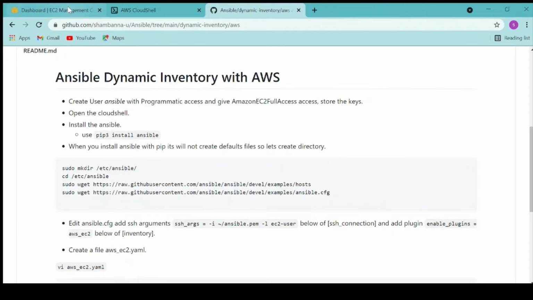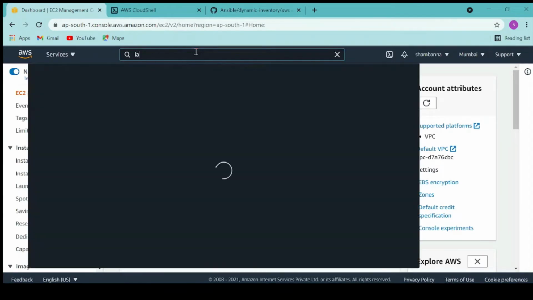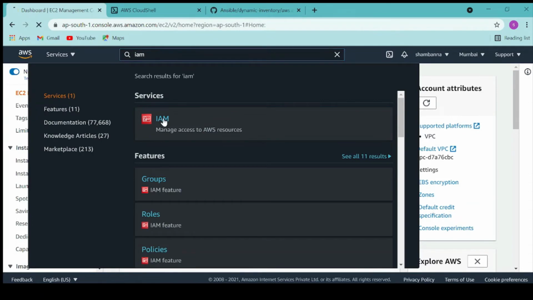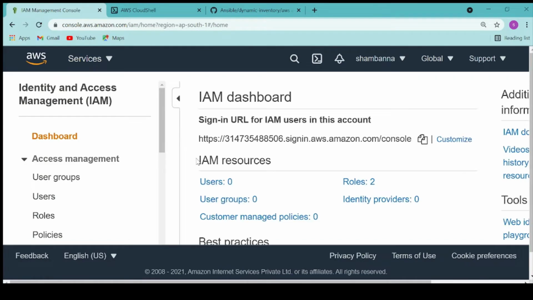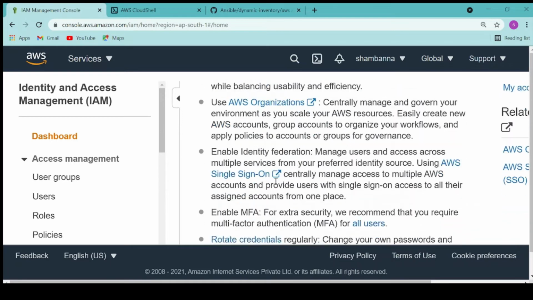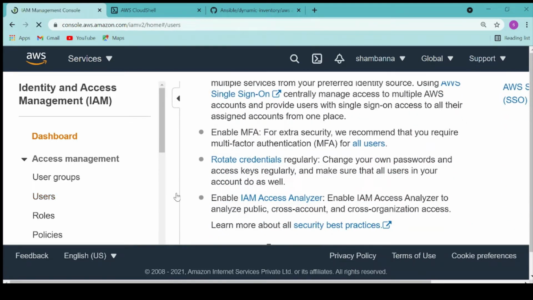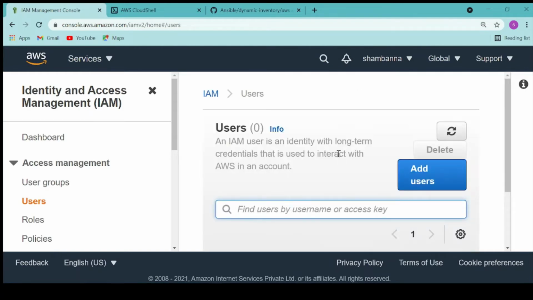Okay, so let's go to the console, go to IAM. Let me zoom in so that you will be able to see these things. I'll click on Users, then click on Add user.